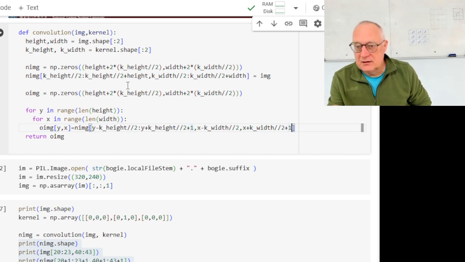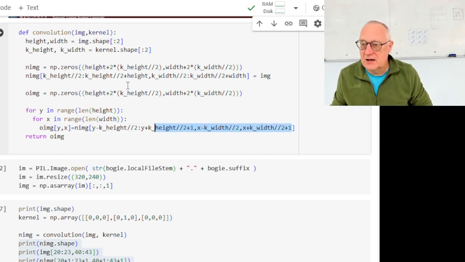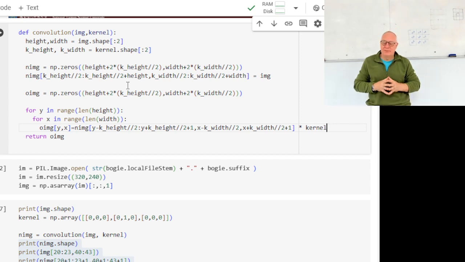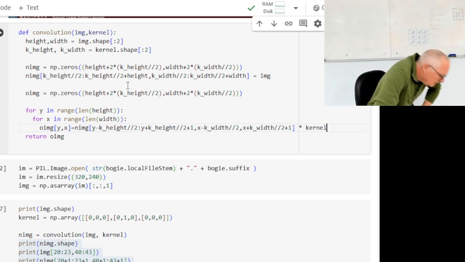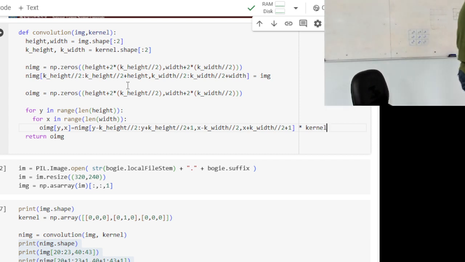So that gives me the range that I have. And then I multiply this by the kernel. Now, two-dimensional arrays in NumPy are a little bit tricky because sometimes we interpret them as matrices, and that means when I then have two matrices,